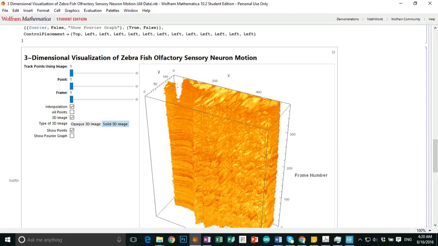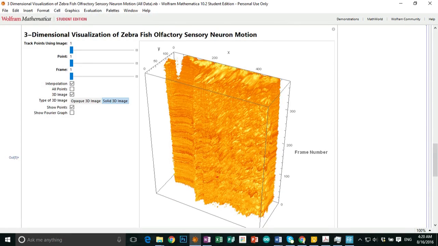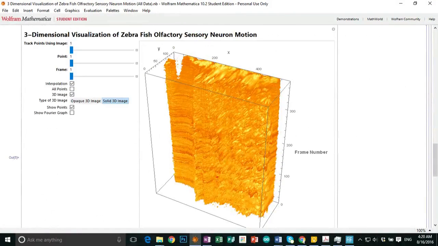Hello, welcome to my explanation of my three-dimensional visualization of the zebrafish olfactory sensory neuron motion analysis. So this is the outcome of my final algorithm that produced the 3D model, and as you can see here,